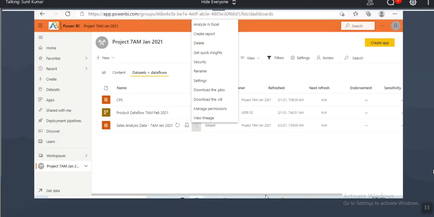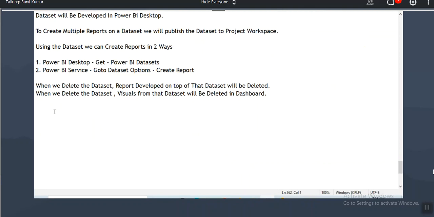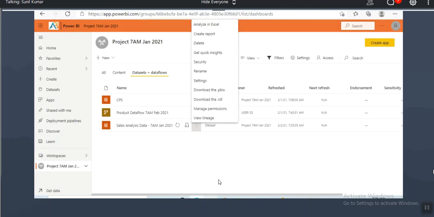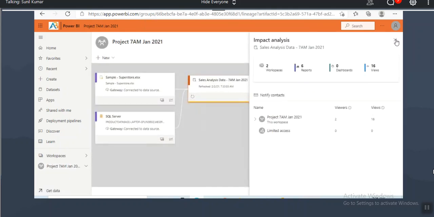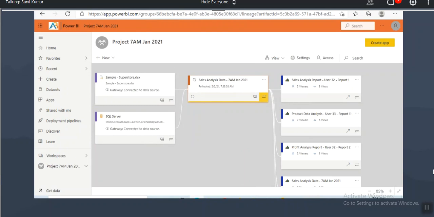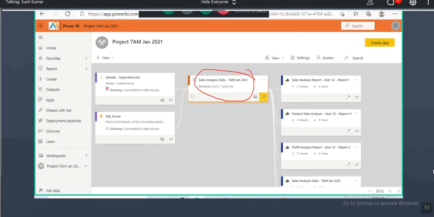So when I click on view lineage here, it will open a graphical view that tells you this data set is created on top of which data sources.